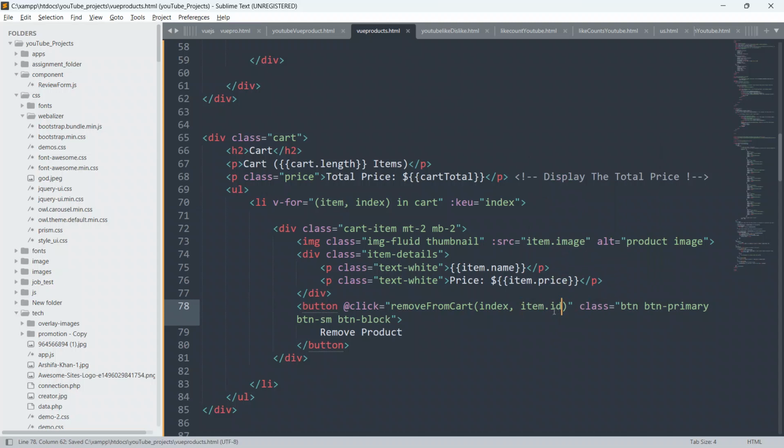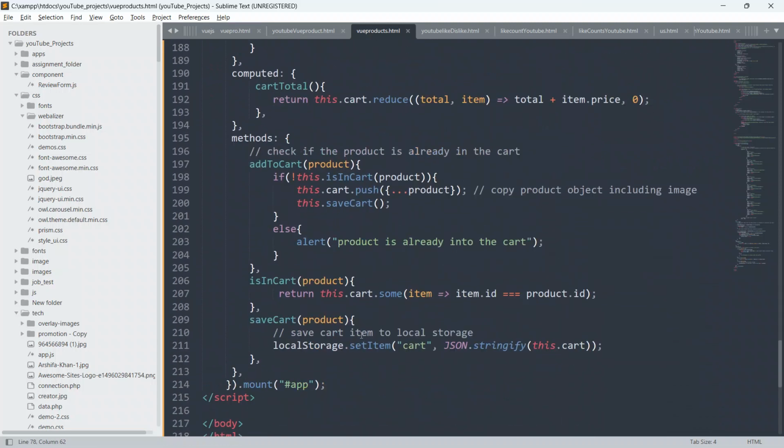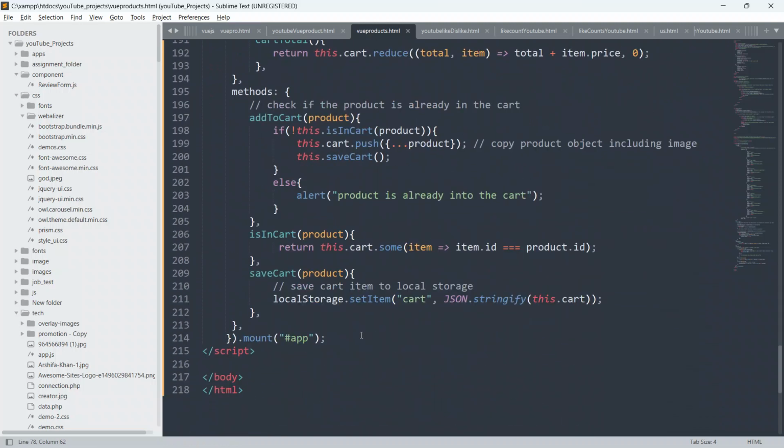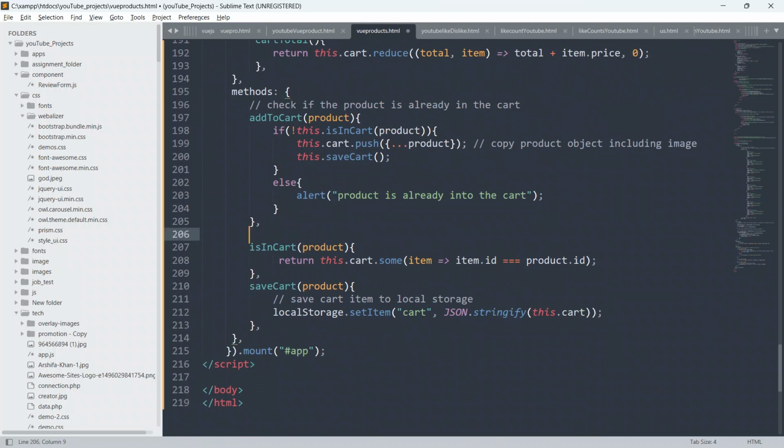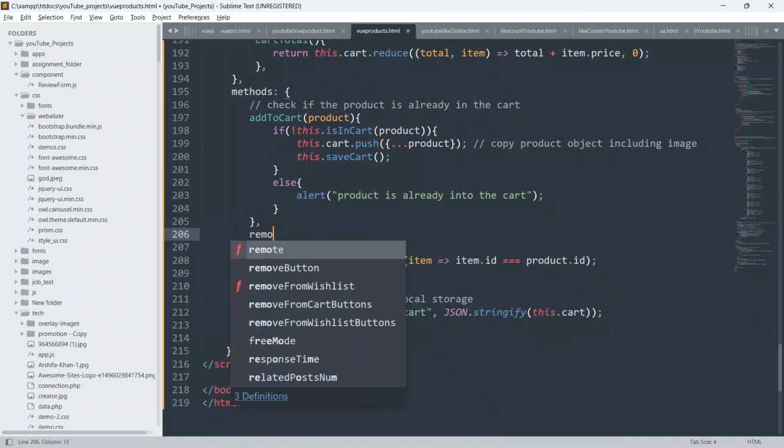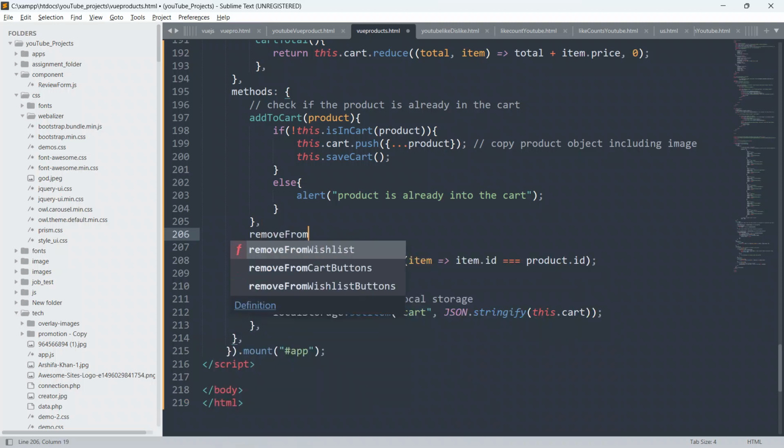So now we have to define this function. So yeah, so now just go to the below here, and I have to create a function inside the methods. Okay, inside the methods we have to create this function remove from cart. Okay, so guys, now below this create a function remove from cart.